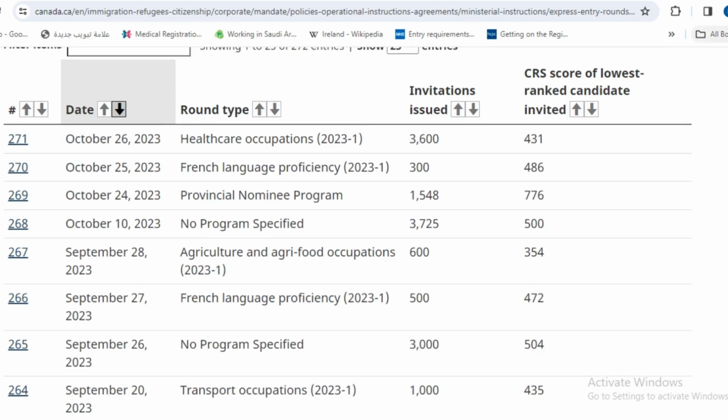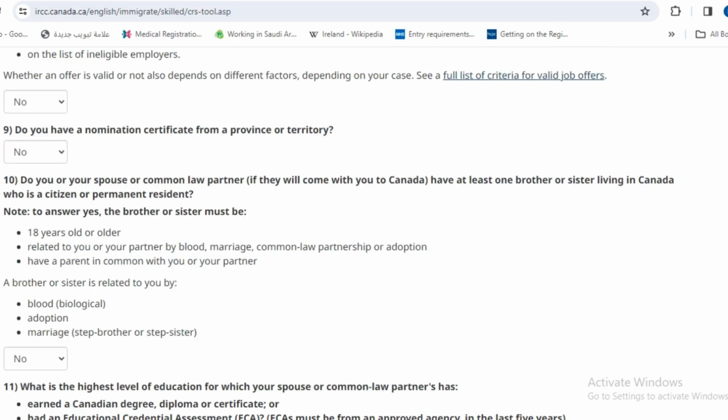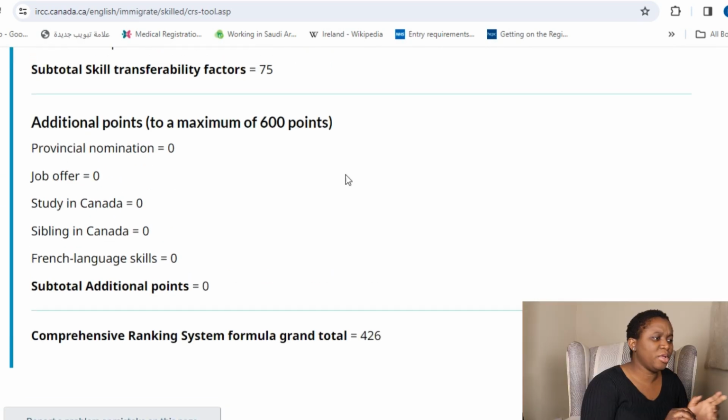So you might want to do something to increase your CRS score. So what can I do to increase my CRS score? So look at that. Let's go back to my score. What can I do? So my provincial nomination program is a 0. So I either pray to God and hope and wish that I get nominated by a province. That's going to add about 600 points to my score, and that's going to fast track me to be invited